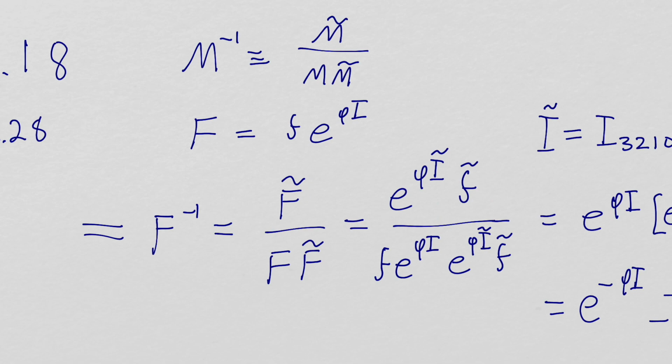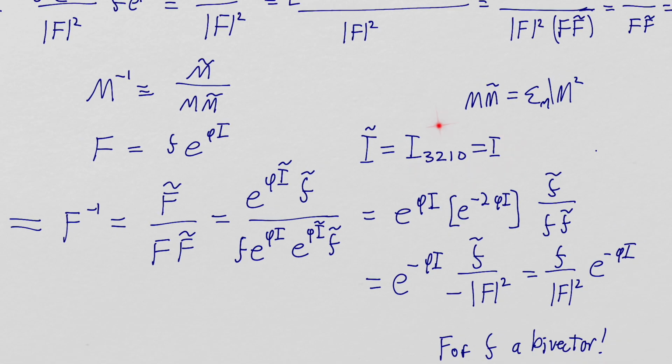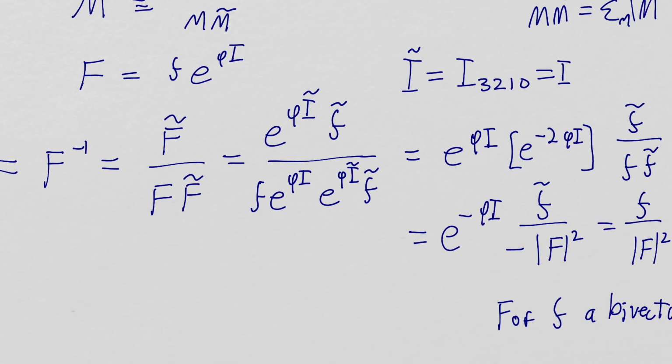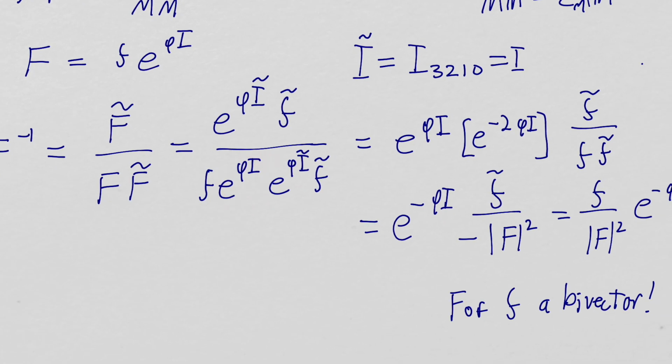Now, what's really fun is that I reversion is equal to I. You should figure that out. Make sure you're comfortable with the fact that I reversion is equal to I. F times F reversion, I've just written that right down here. Again, I reversion is equal to I. So these two combine, and they're in the denominator. So I bring them up here, and I get e to the minus 2 phi I. This is just e to the phi I, getting rid of the reversions on the pseudoscalar basis vector. Then we're left with